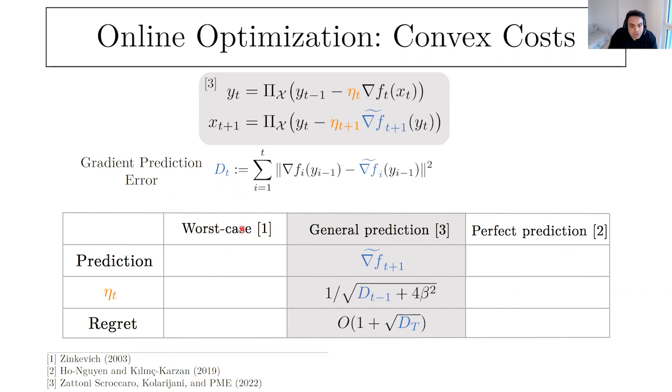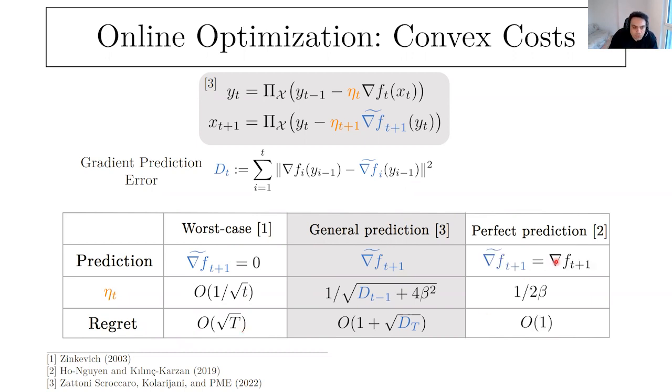So the first scenario is that you don't have any prediction. So what you do, let's put the gradient of F absolutely 0. If you put it like that, if you carefully look at the update rule, it becomes classical gradient descent. The step size, then, you start collecting a constant error, which means that the step size becomes like 1 over the square root of t. So you also retrieve that step size rule, and the regret is also going to be sublinear, square root of t.